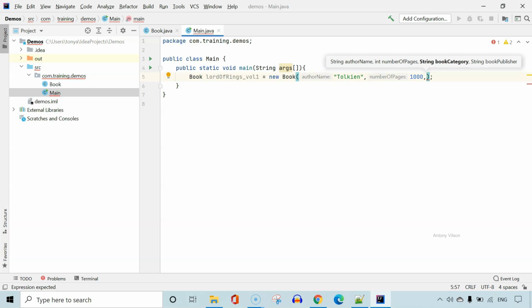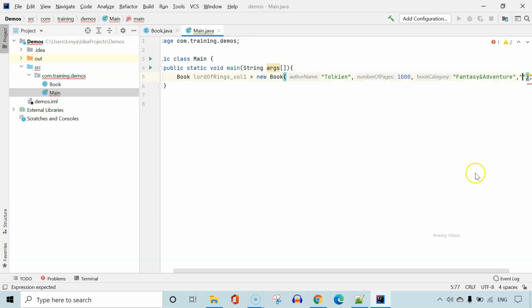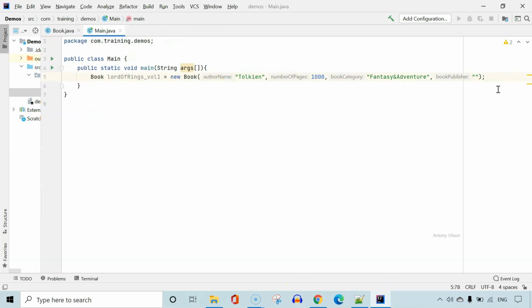And the book category is adventure and fantasy. Then we have one more parameter, which is the publisher. I'm not sure about the publisher. Let's give DC Books.